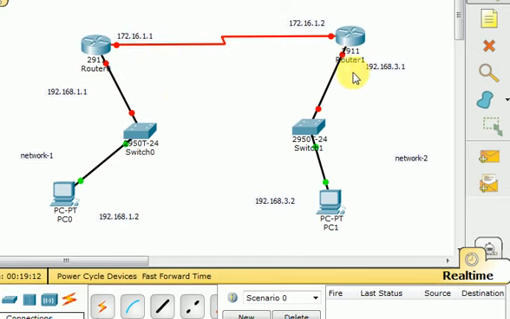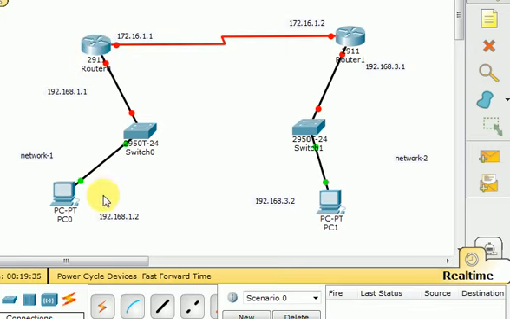The second router is router 1, and the IP is 192.168.3.1 for the gateway IP of the network, and the serial interface IP is 172.16.1.2. I will show how to configure this IP, and the routing technique will be used in both the